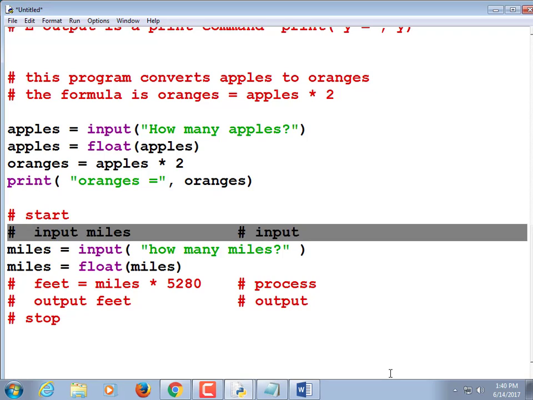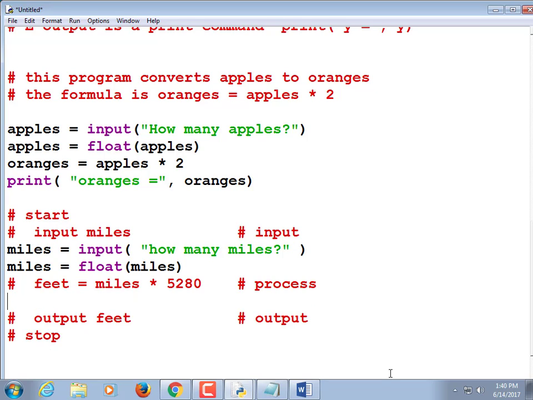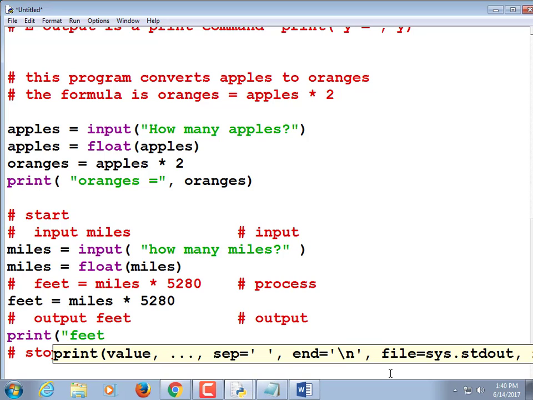Alright, so I've done the input step. Now feet is equal to miles times 5280. Well, feet is equal to miles times 5280. That looks dumb, but if I'd used the pseudocode convention of having everything begin with the word set like that, it'd make a little more sense. Okay, output feet. What Python word do I use for output? Print. Feet equals,